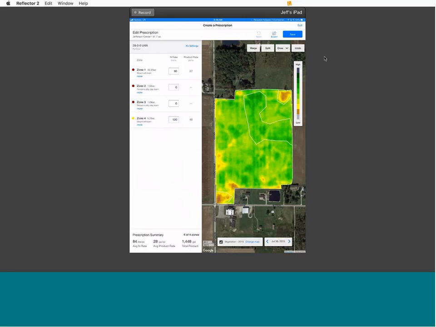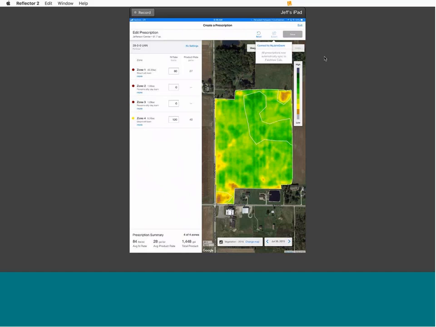But just like this, in a couple of minutes, I have used this field health image to generate a variable rate fertility script for this field. I can just go ahead and click save. It will save that script, and I can then either export it, or connect it to my John Deere and send directly to my John Deere. It'll sync to my FieldView tab, but what I'll probably need to do is actually go to a computer where I can download this script to a thumb drive that I can then take to the sprayer,